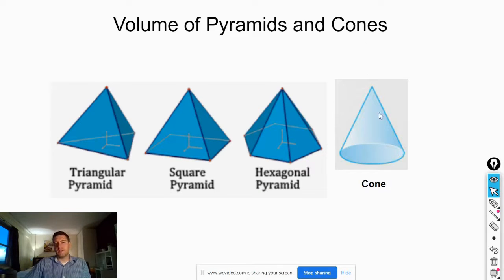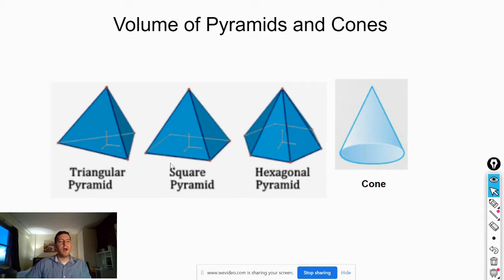And a cone is very similar to a pyramid. It's got a base, and it comes to a point at the top called the apex. The top of all of these would be called the apex of the object. The only difference is that the side of a cone is curved. The surface around it is curved, so it's not triangles. But the principle behind finding the volume of a cone is the same as that for finding the volume of